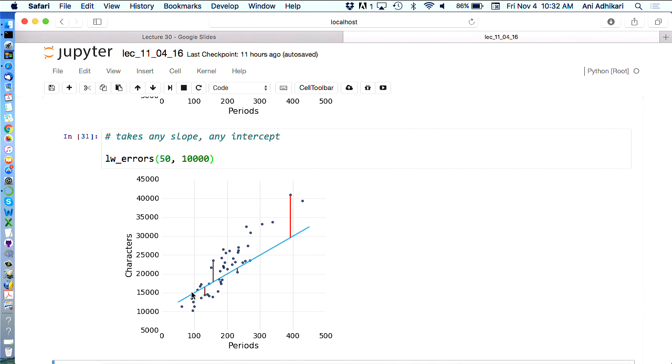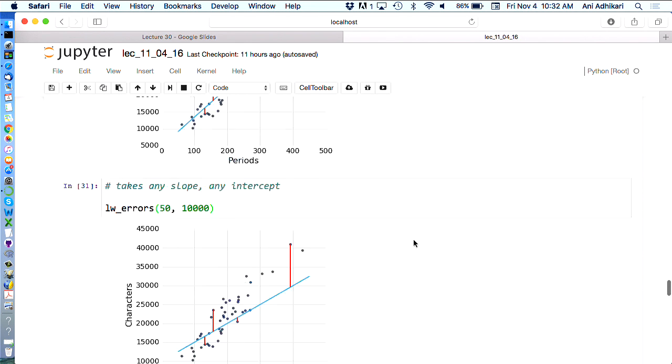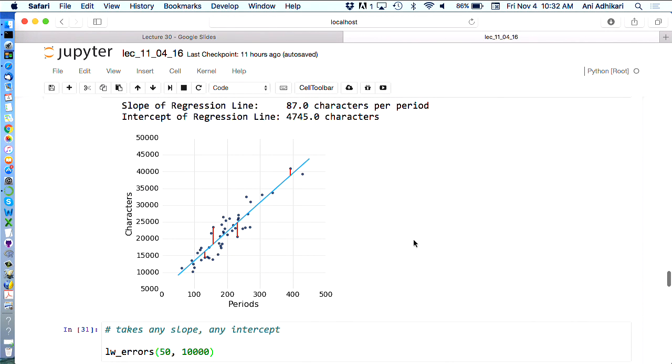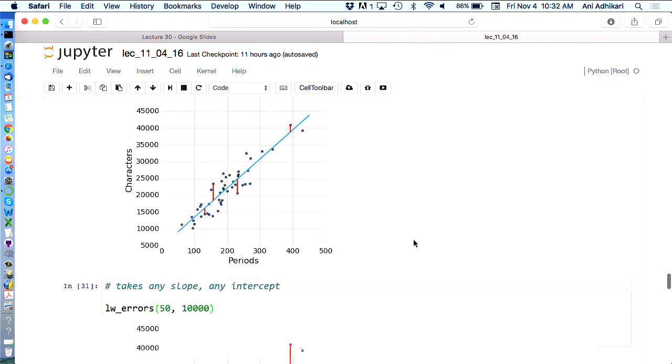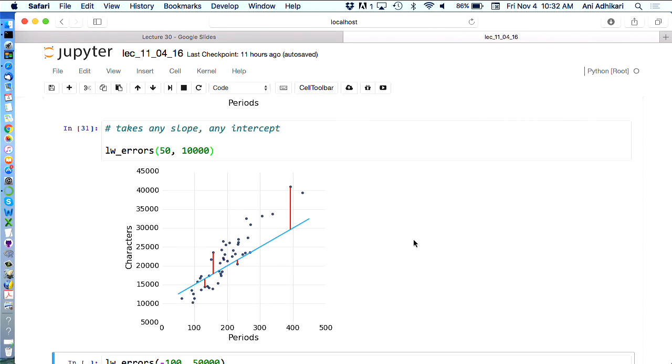So this is the line that we chose. And now those 4 points have different errors from this line. So here was our original line and the 4 errors. The scatter diagram remains the same every single time. The line changes. Yep? So you can see if you use a different line, you'll get different errors.